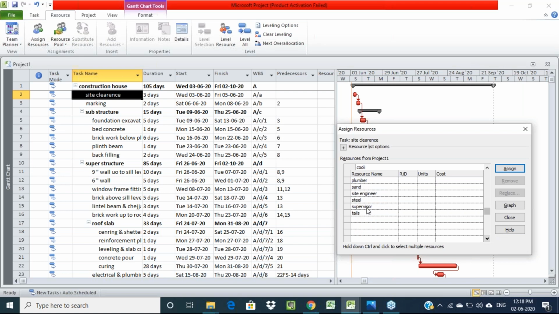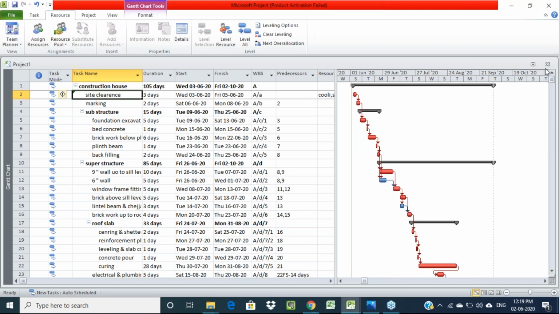Later click on the assign option. Here you can see the number of resources assigned for that activity. Like this for all the activities.